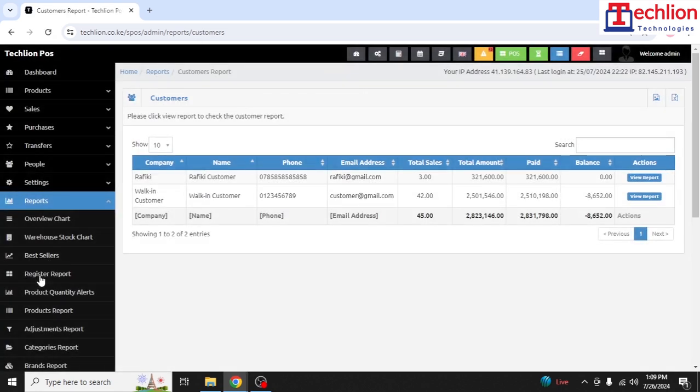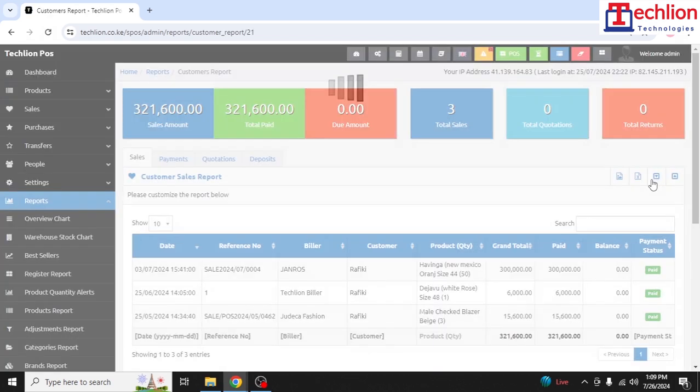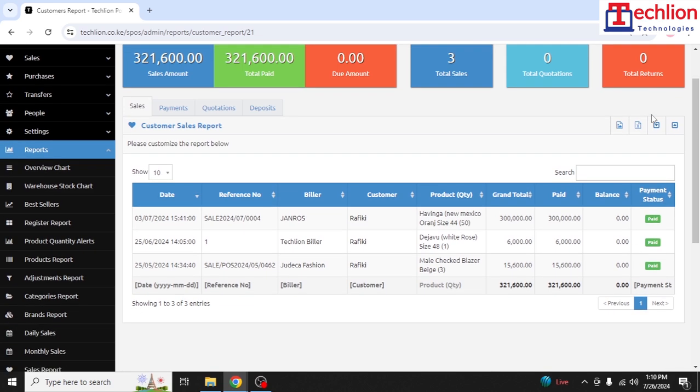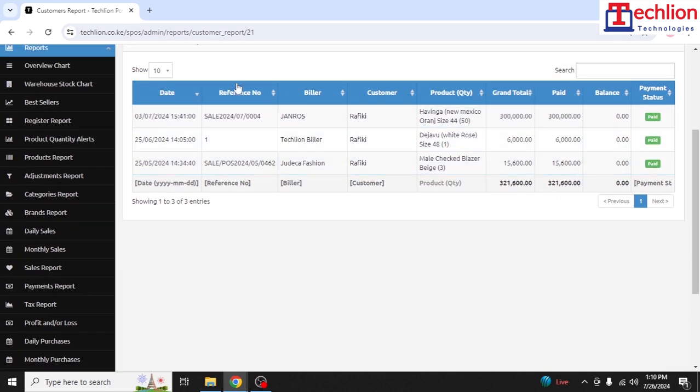Under customers report is where you'll find the report for all your customers. The report will be presented according to the company, the customer's name, phone number, email address, total sales for that customer, total amount for that customer, the paid amount, the balance, and the actions. And the actions is where you can view the detailed report. The detailed report for that customer will show you the sales amount for that customer, the total amount paid, due amount, total sales, quotations, and the total returns. It will also give you the detailed